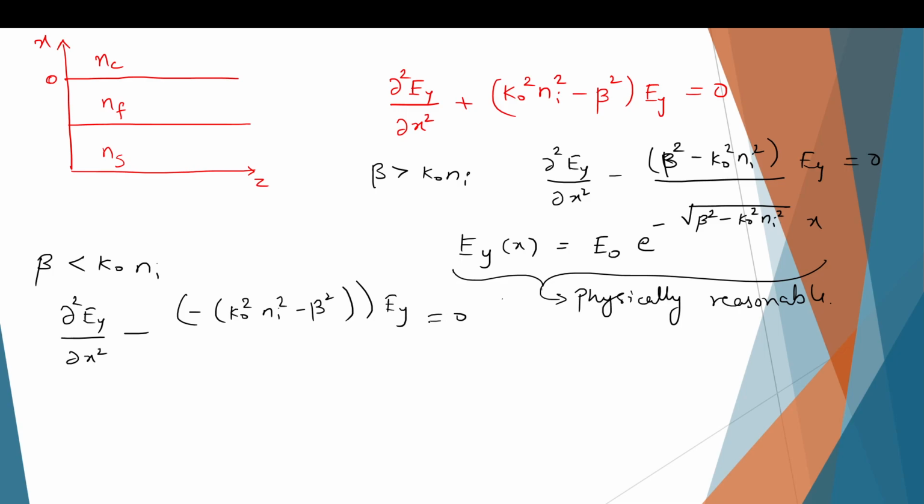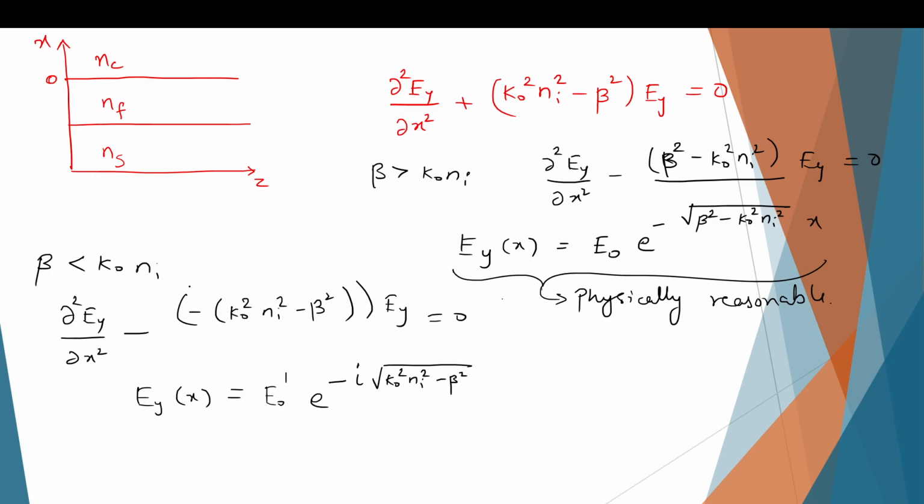Y equal to 0. So then what will be the solution of this? Solution will be Ey of x is equal to, similarly, just like this, some e naught prime, need not be the same, e power minus root of this number. But root of a negative number will be root of minus 1, that is i, times root of this, which is positive